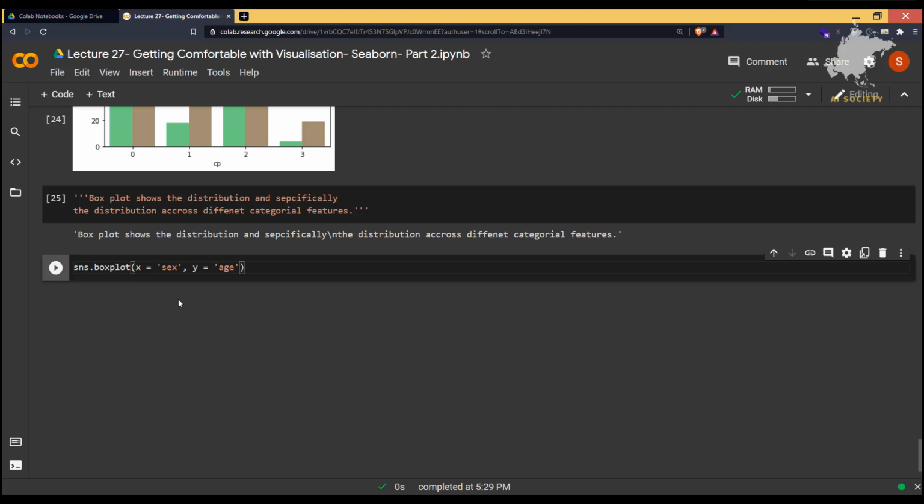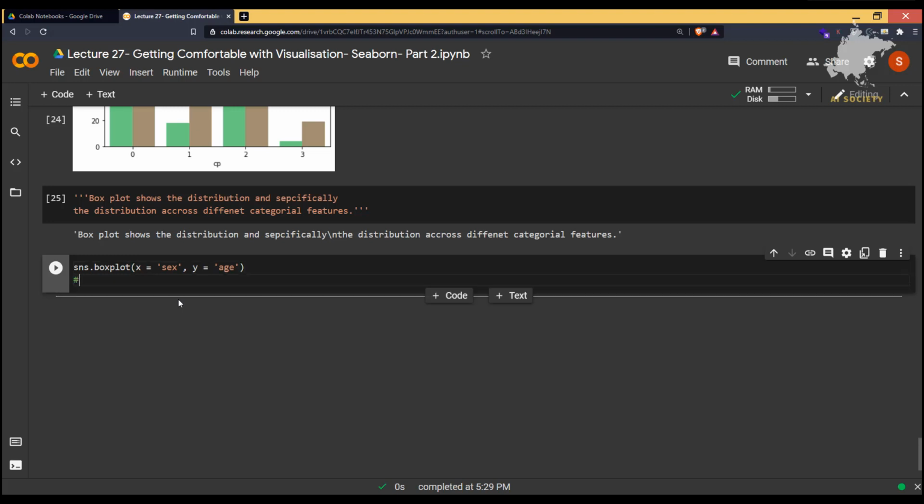That means x should be some kind of category, and y should be some kind of continuous feature. Ages are a continuous feature, they are not categories, there is no category in ages. Rupees are another example. Categorical means there are some categories, and continuous feature means there are continuous values.